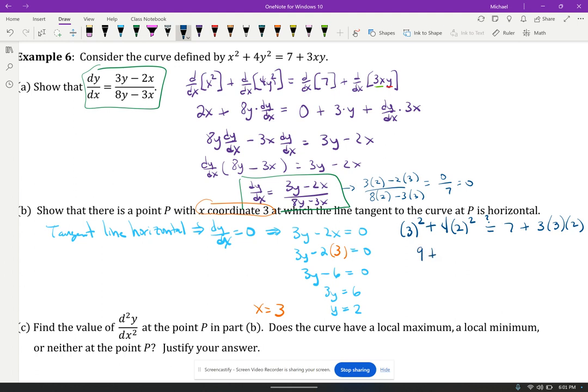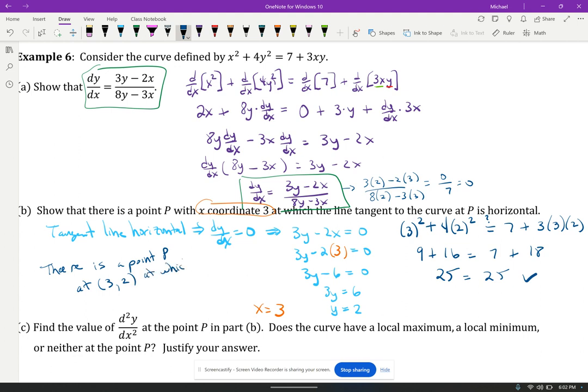Well, that would be 9 plus 2 squared is 4. 4 times 4 is 16. And together that's 25. So the question is, does this side equal 25? And this would be 7 plus 3 times 3 is 9. 9 times 2 is 18. And 7 plus 18 is 25. So yes, there is a point, this x and y coordinate, so there is a point P at 3 comma 2